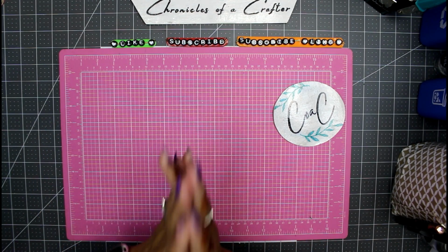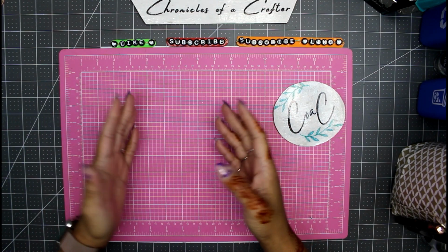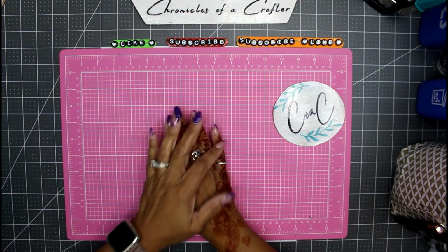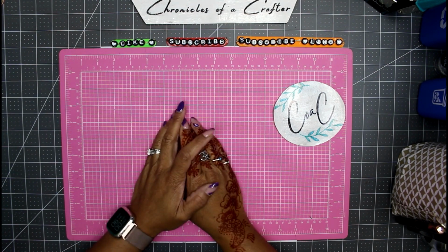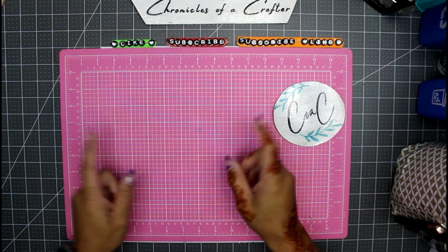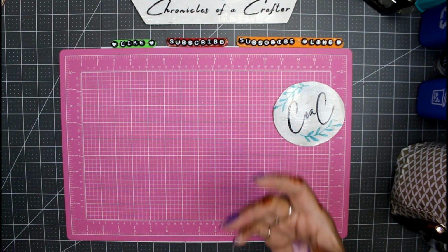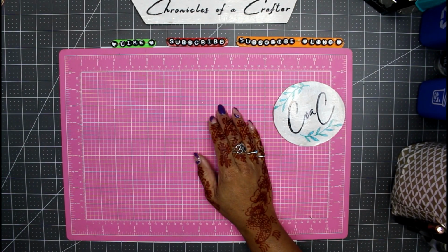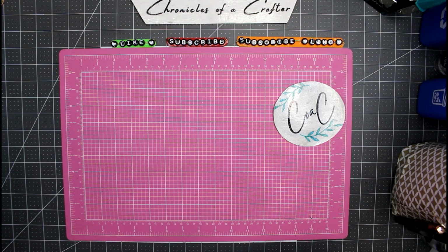A lot of you have said that your thrift stores or your Goodwill does not carry craft items, and I find that very hard to fathom. What would I do if my thrift store didn't have craft items? Anyway, let me just show you guys what I picked up at this Goodwill. This is not one of my normal Goodwills that I go to. This is a different store outside of my area, so I did have to travel just a little bit to